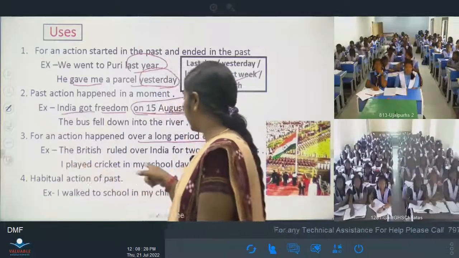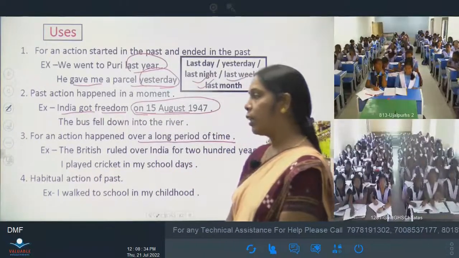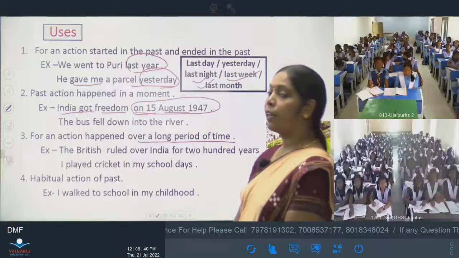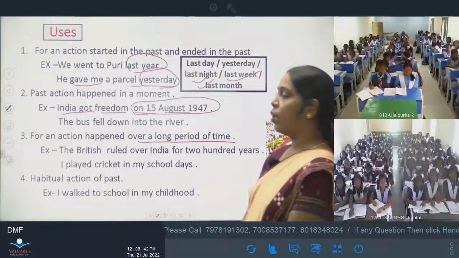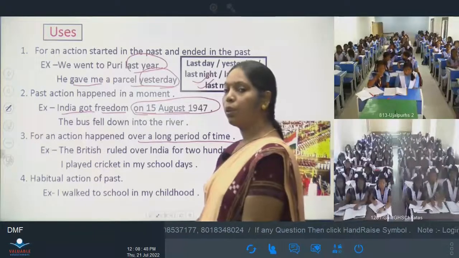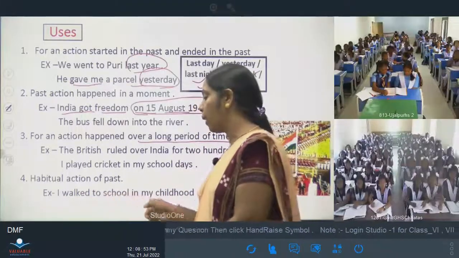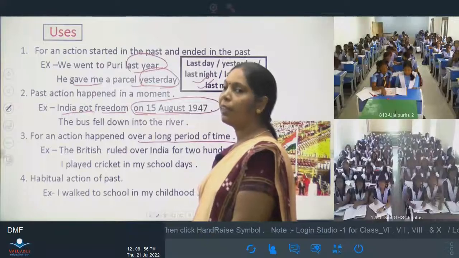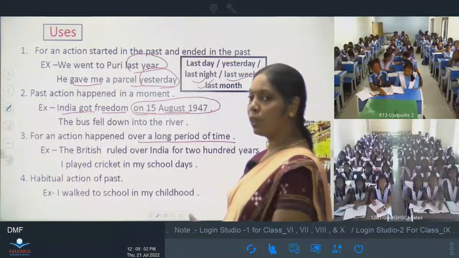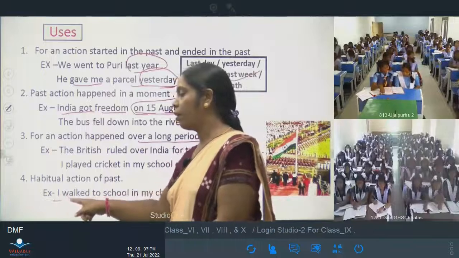I played cricket in my school days. ଅତୀତର ମୋର ସ୍କୁଲ ଦିନ ଗୁଡ଼ିକରେ ମୁଁ କ୍ରିକେଟ ଖେଳୁଥିଲି। Again, we use past simple tense for an habitual action of past. ଅତୀତର କୌଣସି ଅଭ୍ୟାସଗତ କାର୍ଯ୍ୟ ପାଇଁ ଆମେ past simple tense କୁ ୟୁଜ କରିଥାଉ। Let's see the example here. I walk to school in my childhood. ମୁଁ ଛୋଟ ଥିଲା ବେଲେ ବିଦ୍ୟାଳୟକୁ ଚାଲି ଚାଲି ଯାଉଥିଲି। ତ ସେଇଟା ମୋର ଅଭ୍ୟାସଗତ ରୁଟିନଗତ କାର୍ଯ୍ୟ ଥିଲା। ତ ସେଥିପାଇଁ ଏଠାରେ ଆମେ ୟୁଜ କଲା past simple tense।